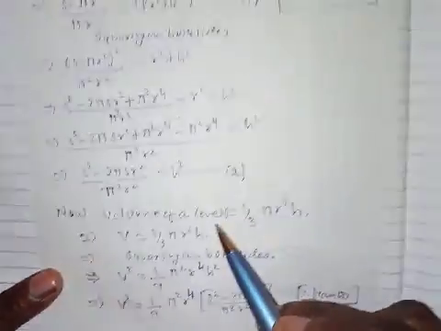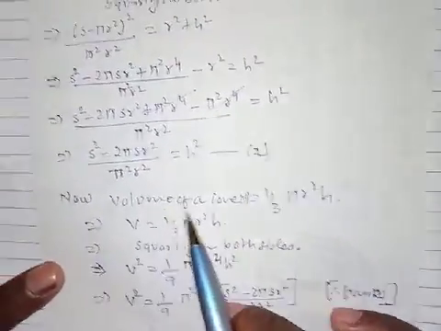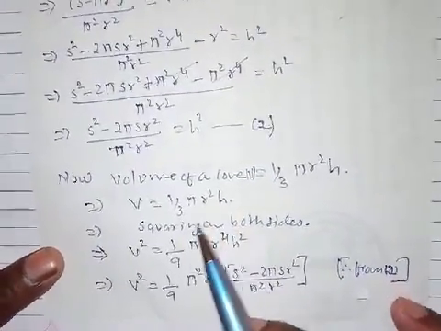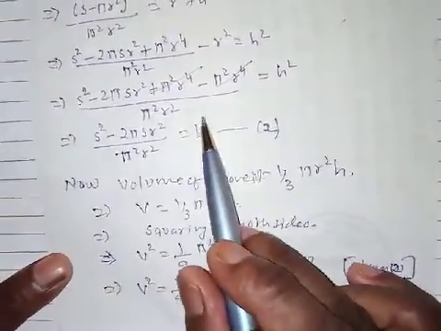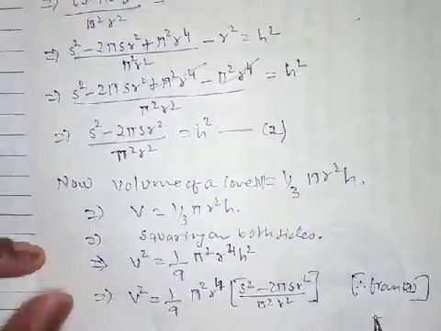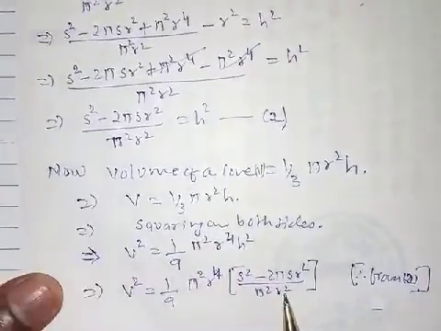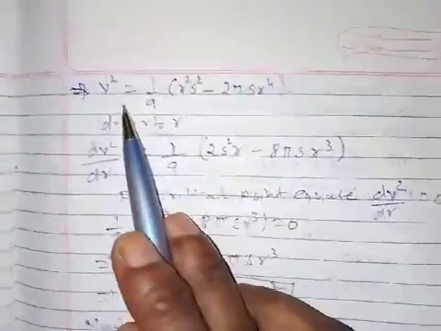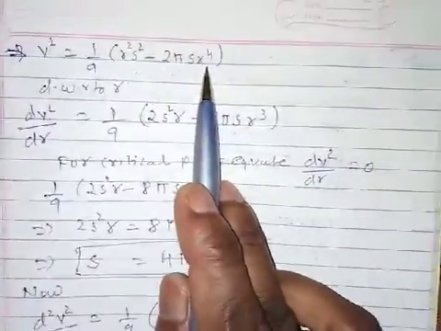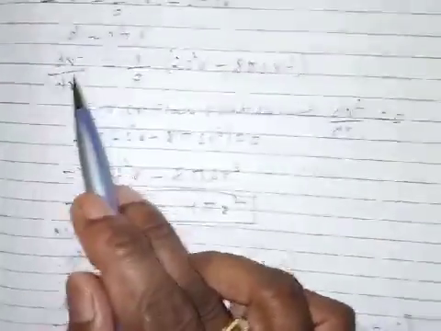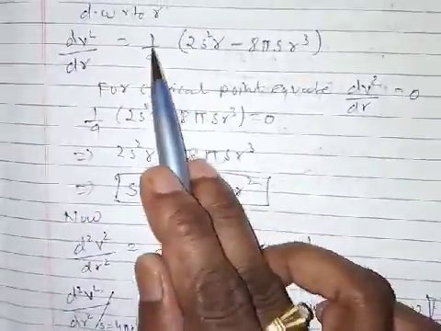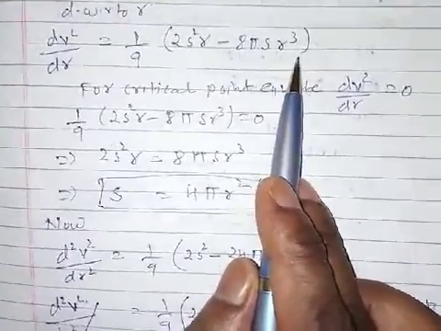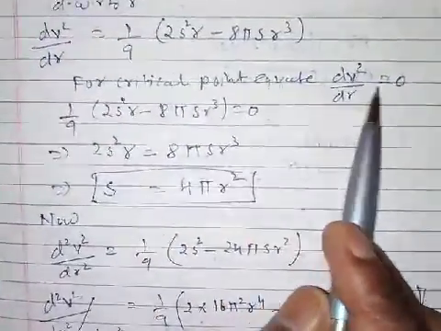Now this H has to be substituted in the volume. We have to prove volume as maximum. So volume of a cone is 1 by 3 pi R square H. Squaring on both the sides, because we found out the value of H square, so substitute that, simplify it like this. Is it? Okay, this is just the value of H square. V square is equal to 1 by 9, this you get. Now you take the derivative dV square by dR. We prove that this is 1 by 3 and we come to this point. Is it? Just simplify it. And now for the critical point equate it to 0.